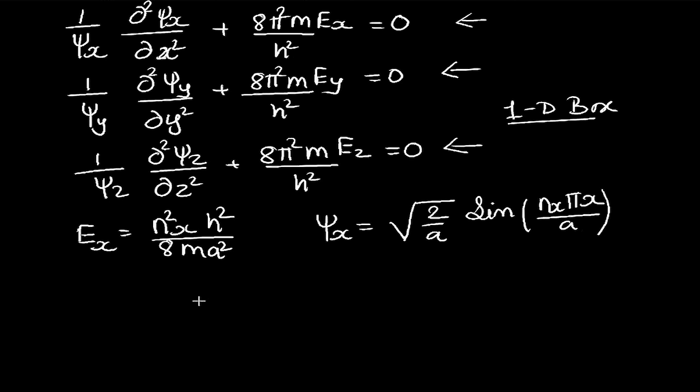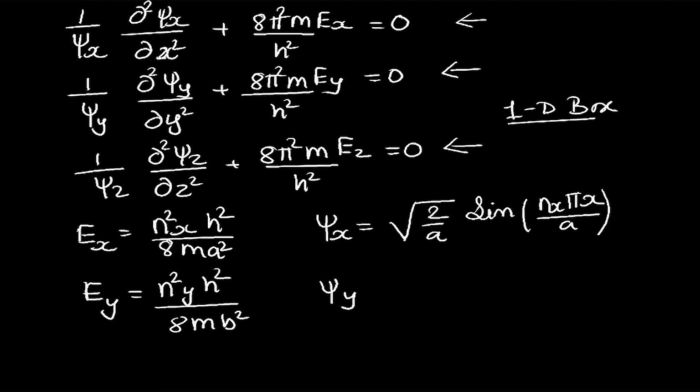Similarly, the solution for the second expression, that is the energy along the y-axis, will be given as ny square h square upon 8m b square, and the wave function along the y-axis will be given as under root 2 by b sine ny pi y